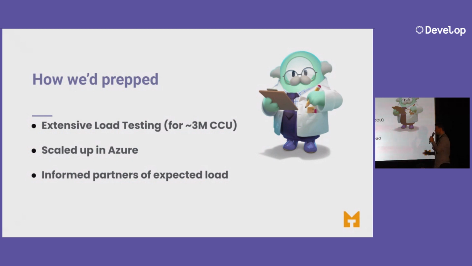We'd done extensive load testing, 3 million CCU, that'll be fine. We scaled up in Azure, as I said. You can just throw money at Cosmos, buy more RUs. It's fine. More ingress and egress, basically, for connections. We informed our partners of the expected load. We said, hey, heads up, this time we know what we're going to get. This time, prepare for this. But